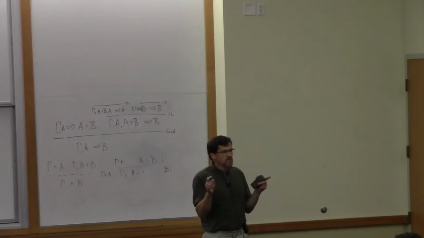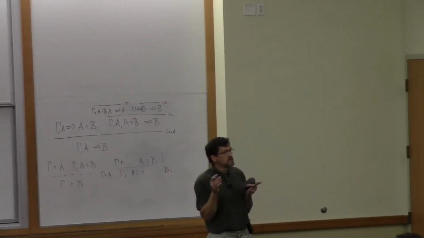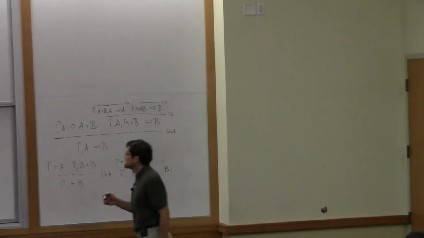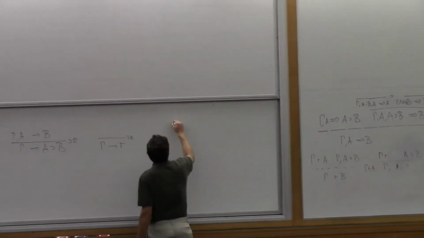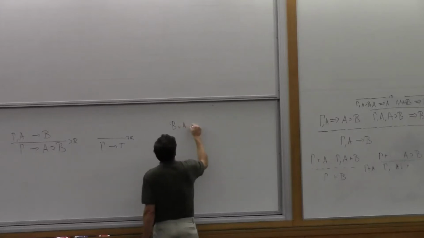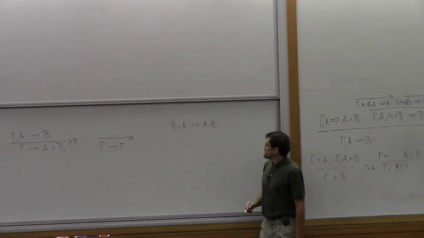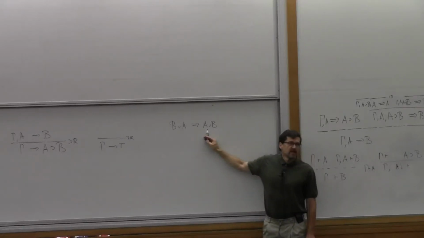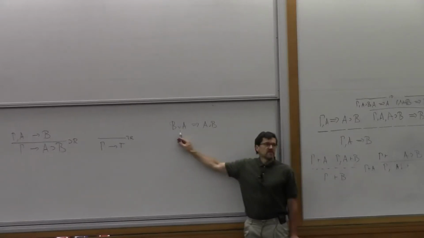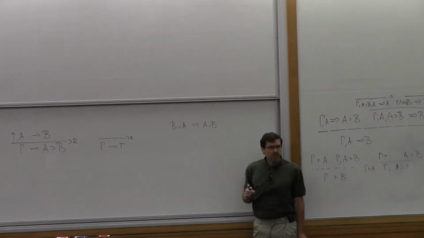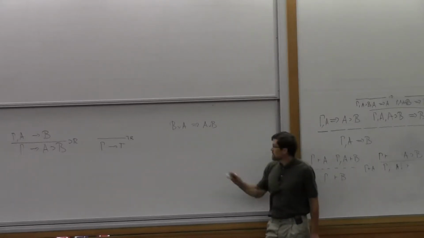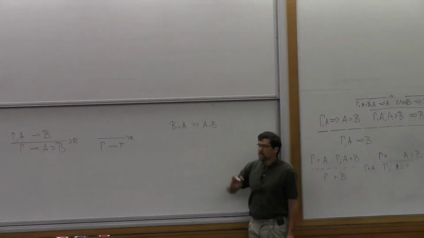Because then you can prove A or B only if you can prove either A or you can prove B if you have no assumptions. But if you have assumptions, you cannot necessarily prove A or B. The example would be if you have B or A and you're trying to prove A or B. Obviously we cannot immediately proceed on the right-hand side and either prove A by itself or B by itself. We have to wait and distinguish the cases first, right? So the right rules for or are not invertible. We can't always proceed by looking at that connective and not looking at the rest.